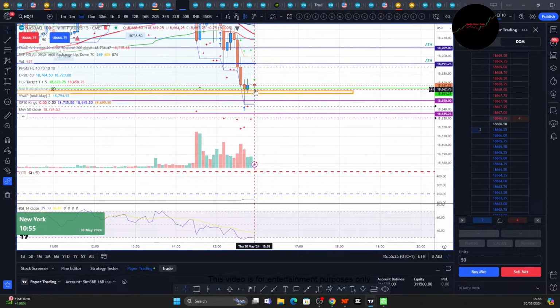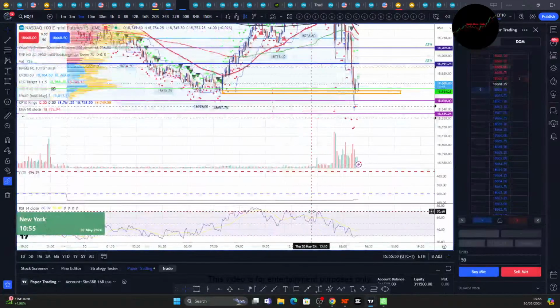Again, couldn't close below that 58, so we've had several attempts at that 58 and we can't seem to close below it. Doesn't mean they're going to give up. Could be trying to build momentum to go lower here.